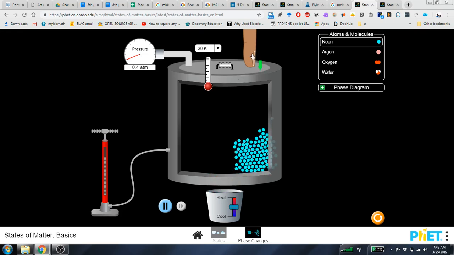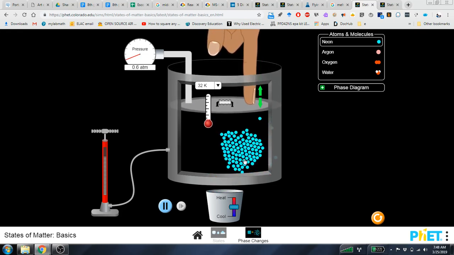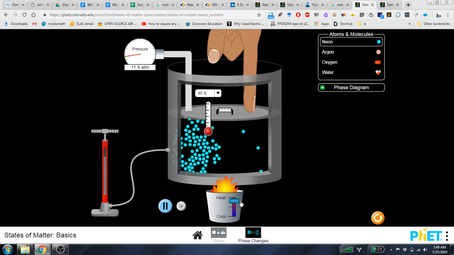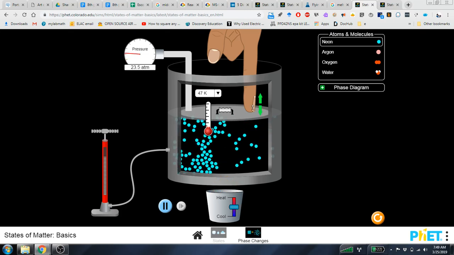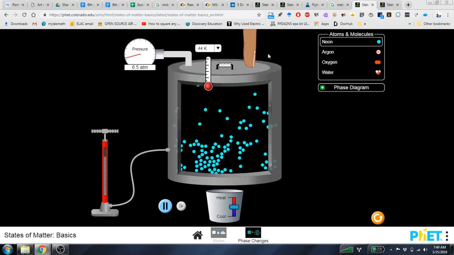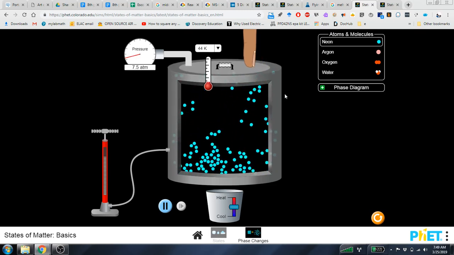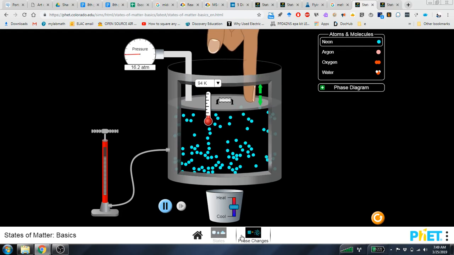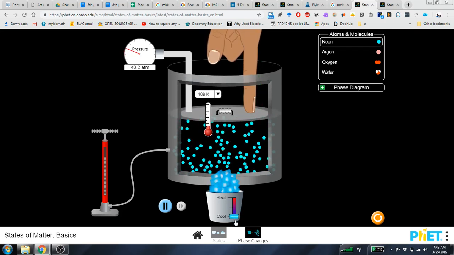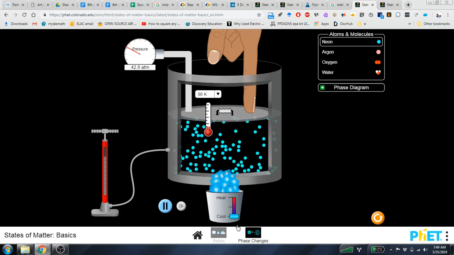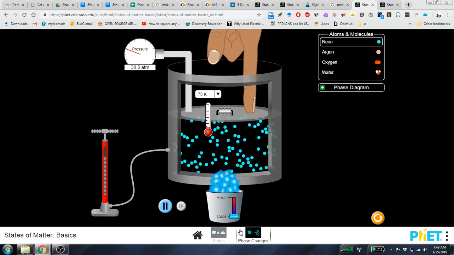And you can mouse over the finger, and when the green arrows appear, you can compress. You can change the volume of the container. So if I make these particles into a gas, and then I increase the size of their container, notice that they take up eventually the entire container. But a liquid won't do that. So if I drag the container down to a smaller size, and then I cool the matter down so that it becomes a solid or a liquid,